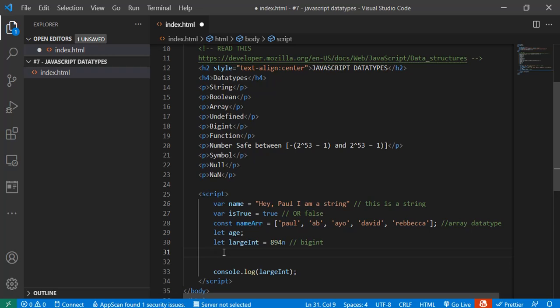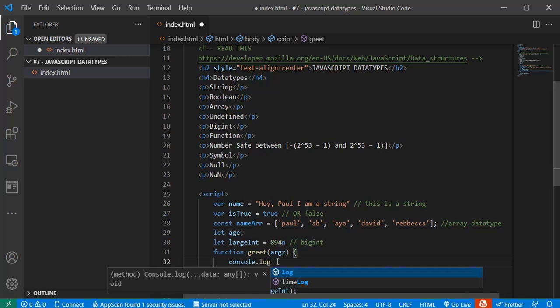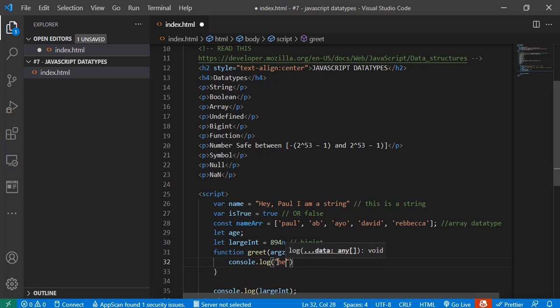The first one and the old one is by defining it like this: function name, let's just say function greet. Then it takes in an argument or arguments, then you open a block of code inside the curly braces. Then you write any statement inside the curly braces. Let's say console.log hello